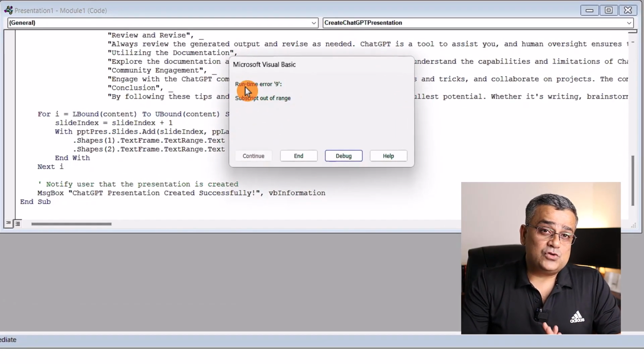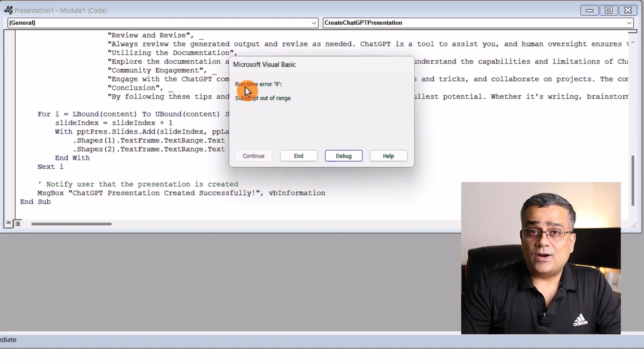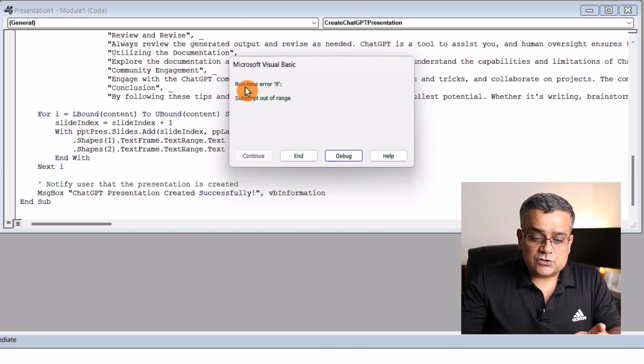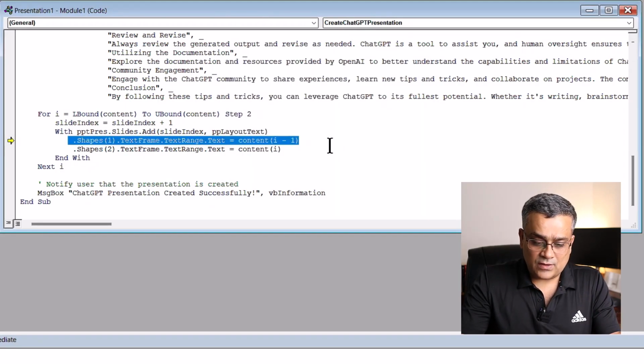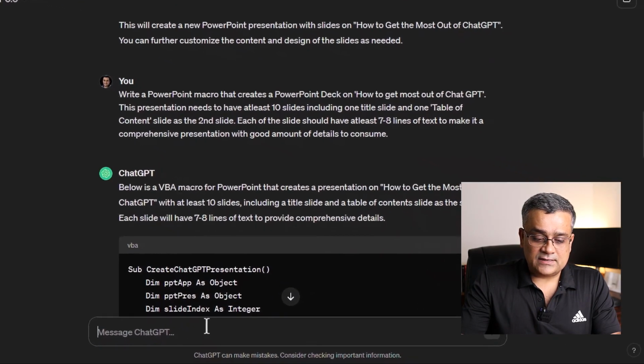Now, why I'm showing all these methods is so that you know what errors you can get and how to fix them. Because if you're not getting an error, you can just skip it. But if you get any error, how to solve it, that I'm trying to show here. If I click on debug, it will show you in which line the error came. I'll go back to ChatGPT again and I'll mention,